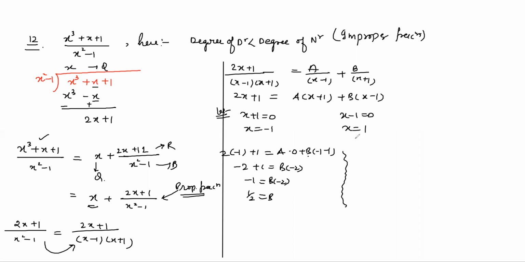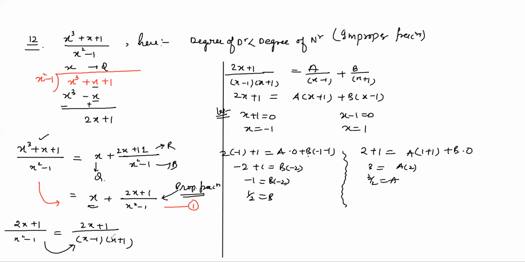Right, now when x is equals to 1, this will be 2 plus 1 and this is a into 1 plus 1 and plus b into 0. So it is 3 equals 2a and it is coming out as 3 by 2. So I got the value of a and b. It is 3 by 2 and 1 by 2. Okay, so this was my